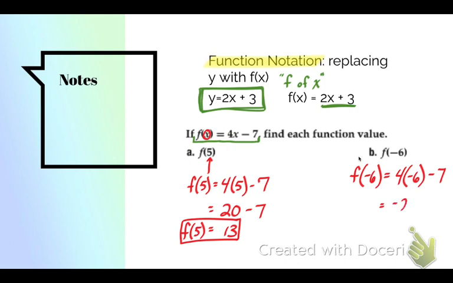4 times -6 is -24 minus 7. So my function evaluated at -6 is -31. And that is my answer. So all that we're doing when we evaluate function notation is plugging numbers in place of x and seeing what